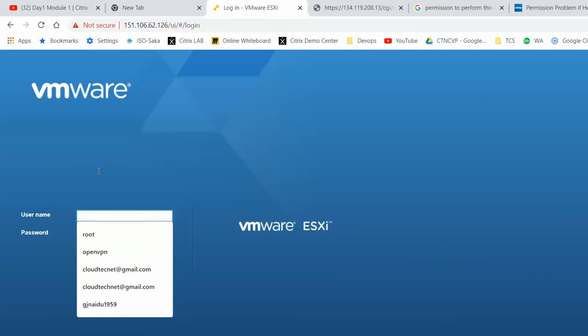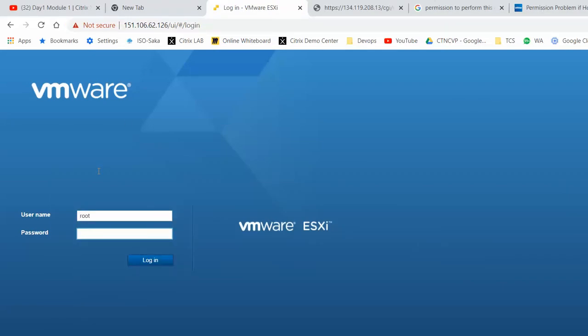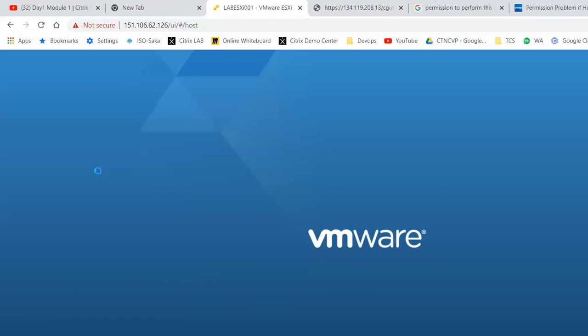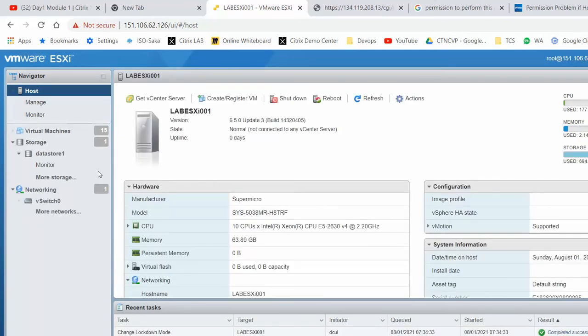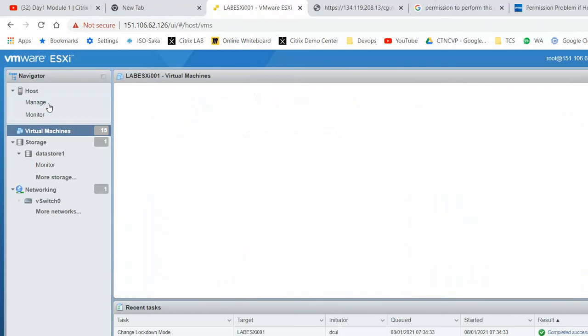Now enter the username root and the password. Now I'm able to log into the server. Clear? So this is the way we are fixing the problem.